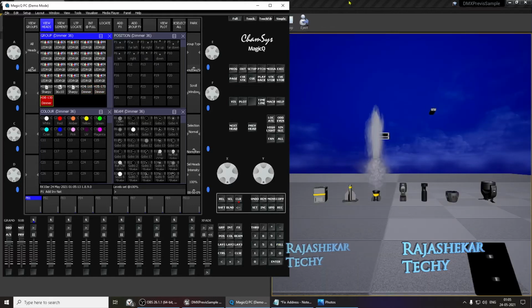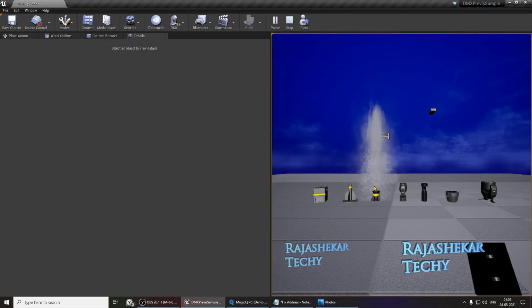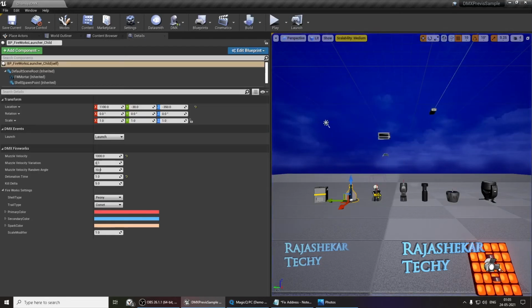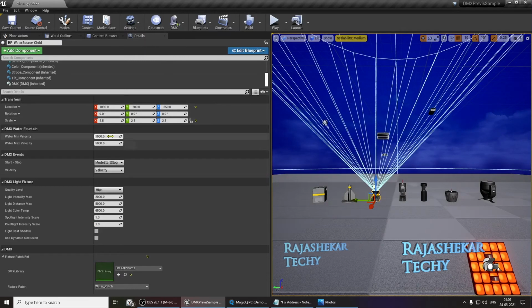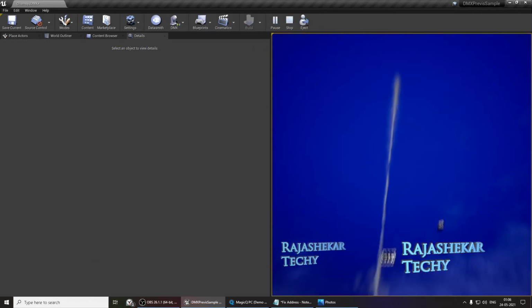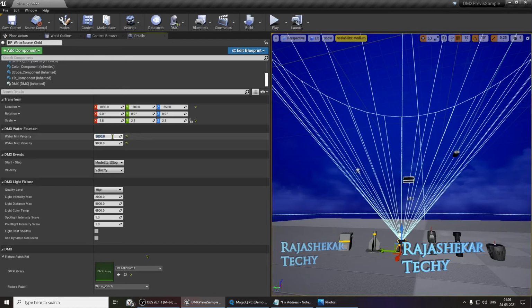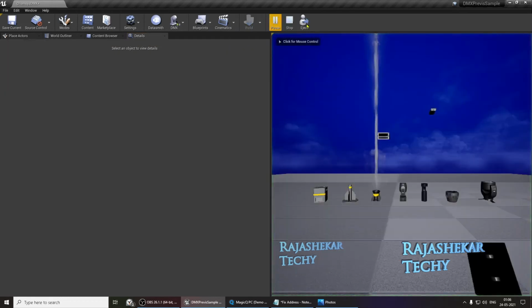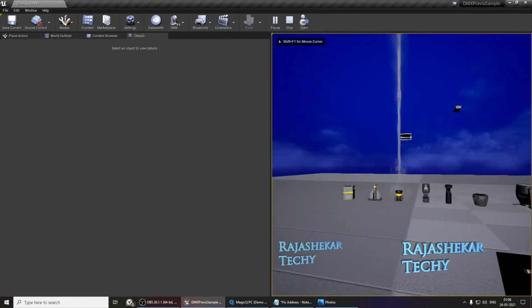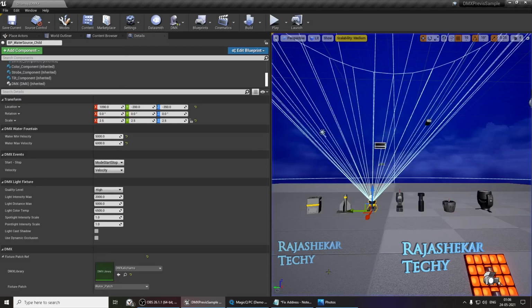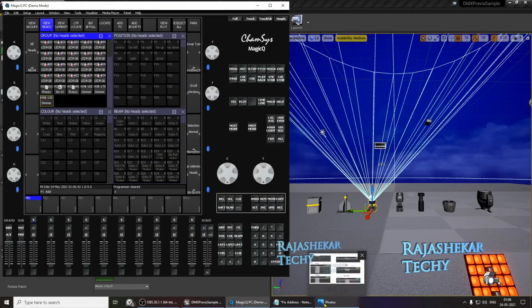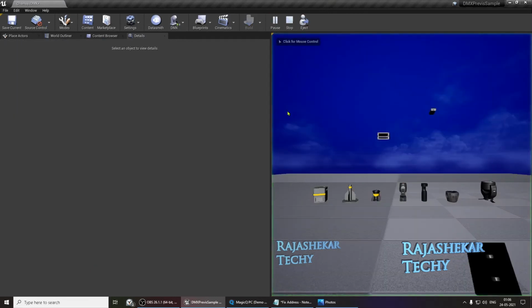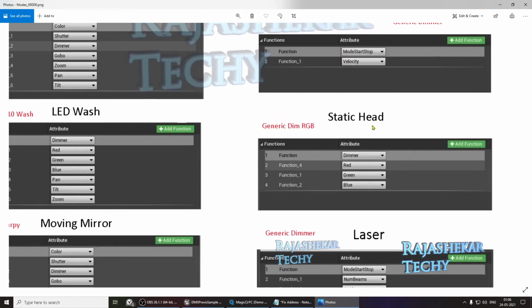Okay, so the water is fine, but the velocity seems to be little with the water, same as before. To stop it, select the water, and in the details tab, let's change this value to 8000 and 9000. And right away you're noticing the velocity is way too high. Okay, let's drop it to 5000 to 6000. Let's play. Okay, so the velocity is high and the water is looking good. Let's move on to the next one. Before that, let's clear. Keep the Unreal playing.